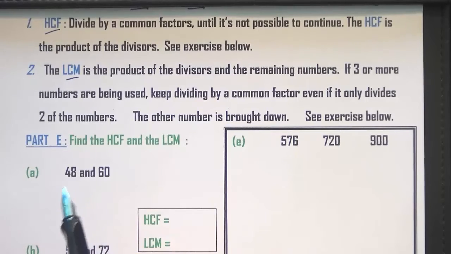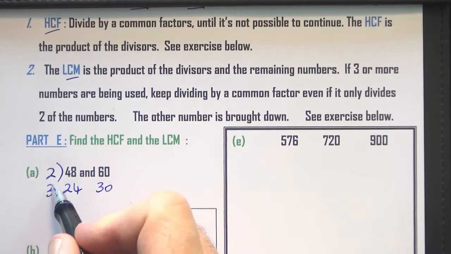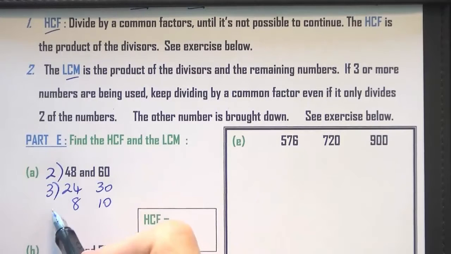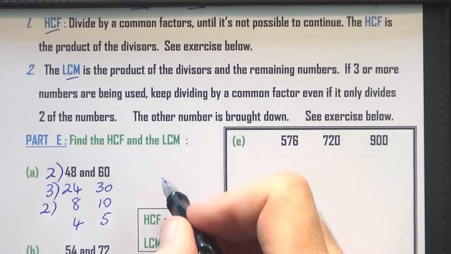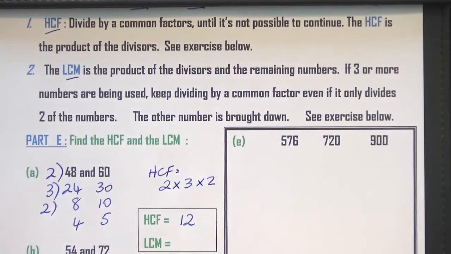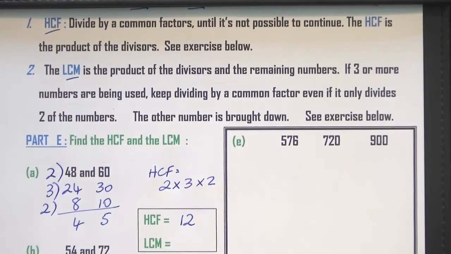So when I look at 48 and 60, I can easily see that 2 is a common factor, and that will give me 24 and 30. And then I think, well, 3 is common to both those, so that will give me 8 and 10. And again, I can divide by 2, and that will give me 4 and 5. And then I cannot divide any more. So the HCF is 2 by 3 by 2, which is 12. Equals 2 by 3 by 2, these divisors. Now the LCM will be 2 by 3 by 2 by 4 by 5, and that will give me,